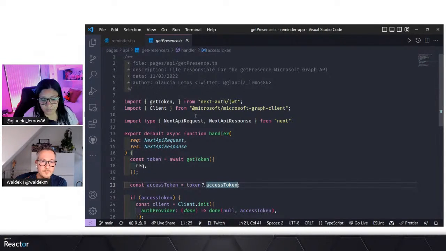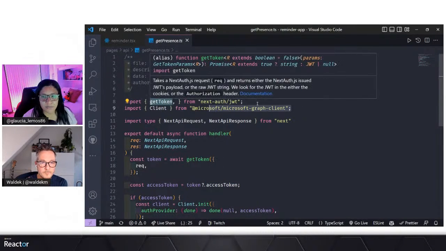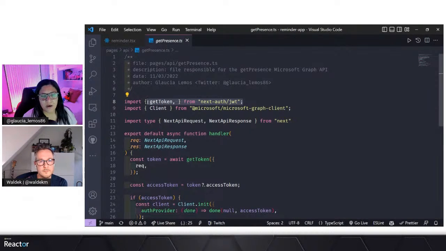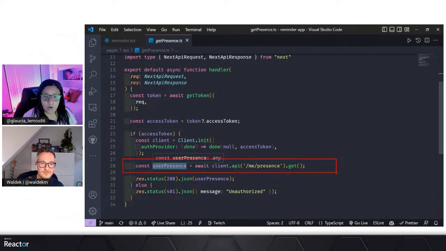This is the same as we can see in any documentation of the Microsoft Graph JavaScript SDK, especially using React. But here I'm using TypeScript with React. So here we are importing the Microsoft Graph client, and then getToken. This getToken comes from the next auth package, dependency library, whatever you want to call it. As we can see in line 28, we are calling the get presence API from Microsoft Graph,